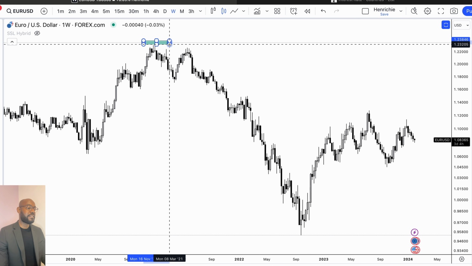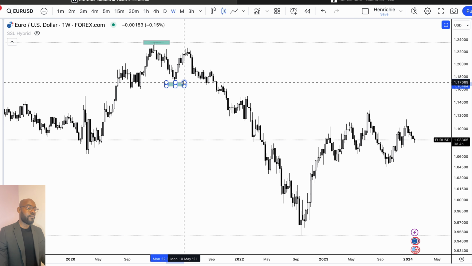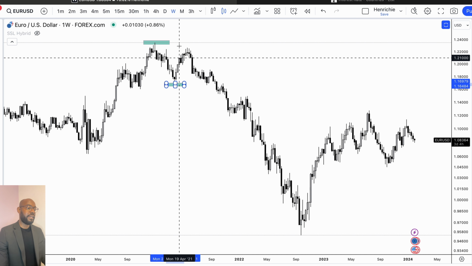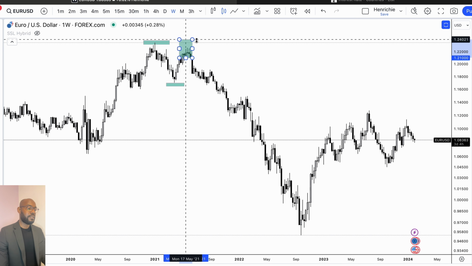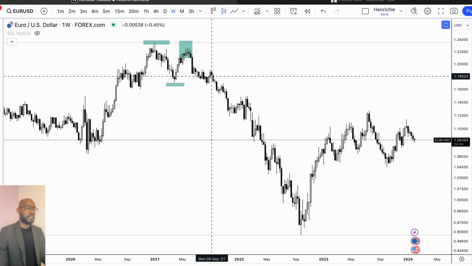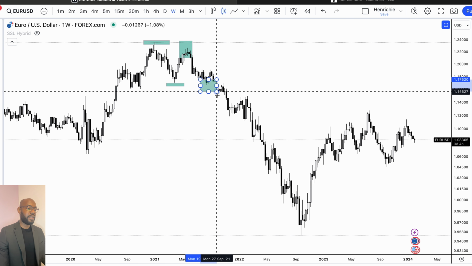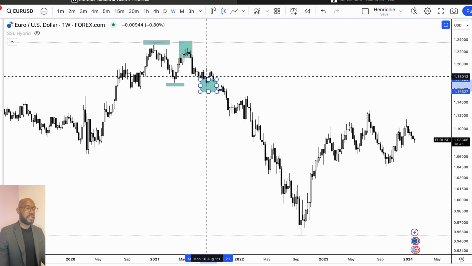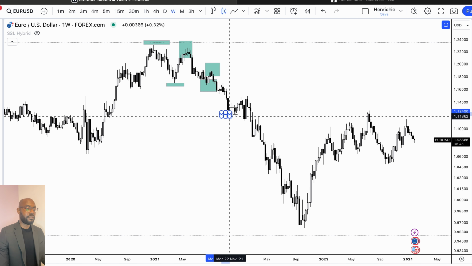Because we have this high right here, and then we created a lower low, and then we created this lower high right there. And after that, you can see this low right here, lower than the previous low right here. And then after that, we have this high right here, and then drop down to this low,